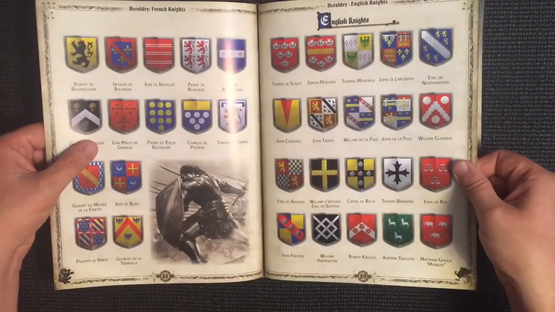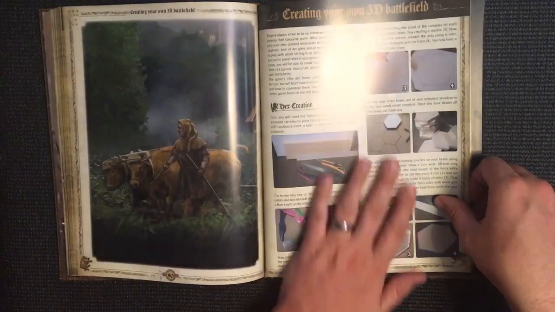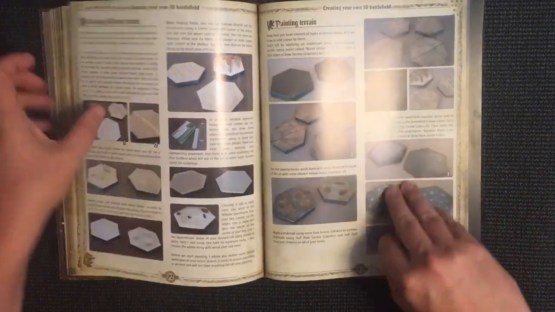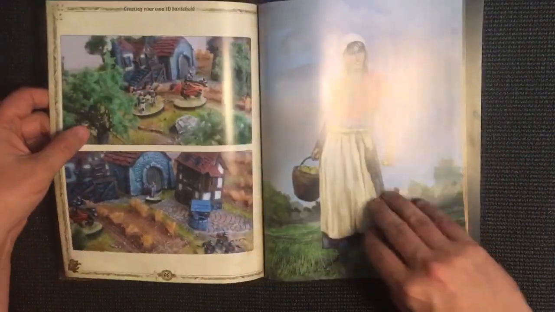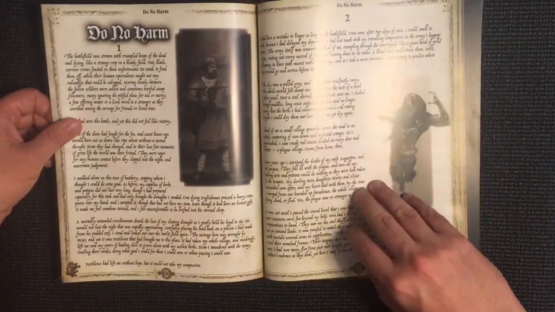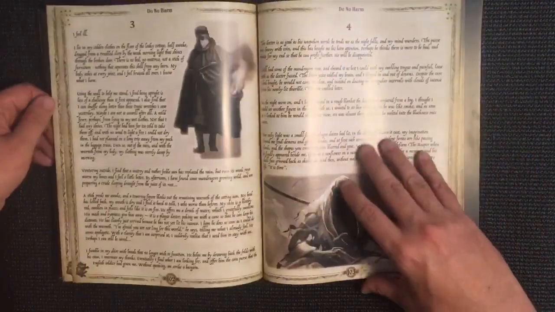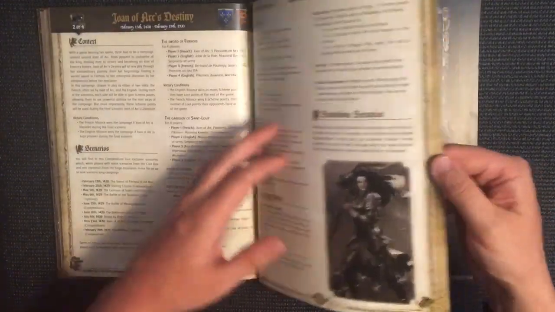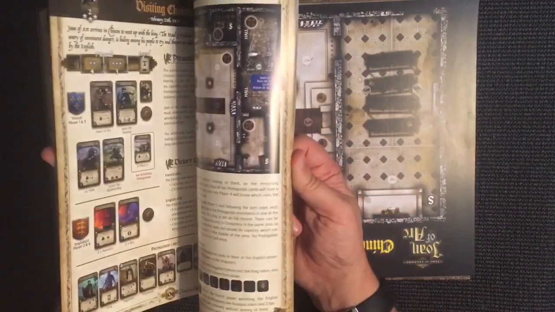So, and here's all our English knights. And then we've got the next bit, which is to create our own 3D battlefield. This is something I won't do, but it does look interesting and it looks very cool as well. Yeah, so it's nice. Then we've got No Harm Done, which is another story. Right, and then we've got, I won't go through all of the details, but then we've got